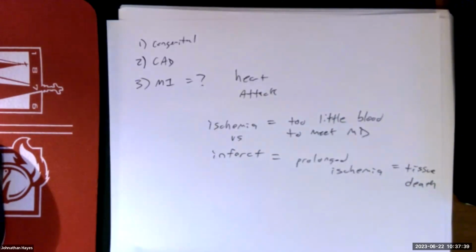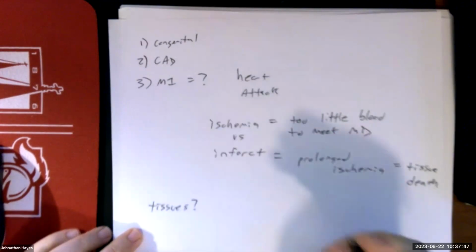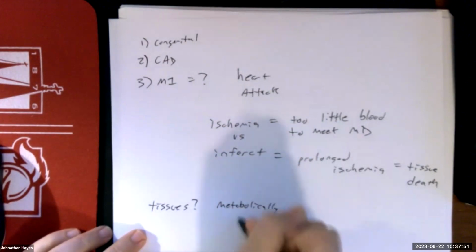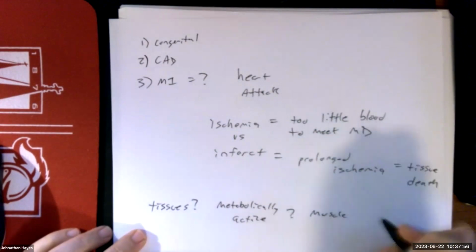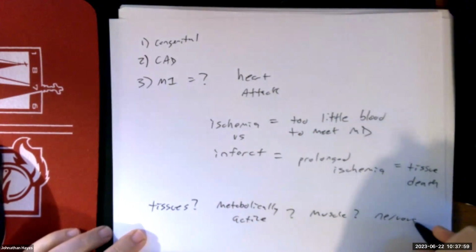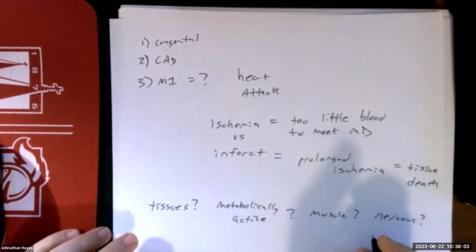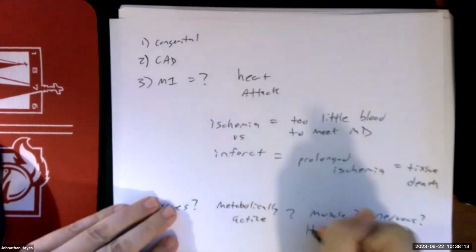So think about tissues that are very metabolically active. Like what type of tissues do you think about when you think about tissues that are metabolically active? Muscle tissue, nervous tissue, right? What's the heart? Heart's a muscle, right? So you could have skeletal muscle infarcts. That's certainly the case. You can definitely have those. You don't hear about those very often, but they occur. But usually if it's the heart muscle,